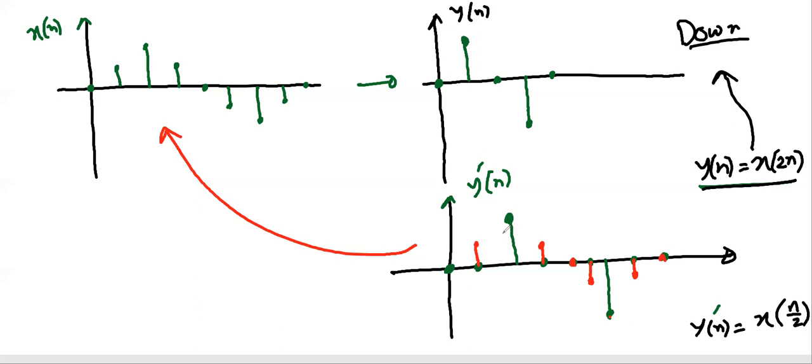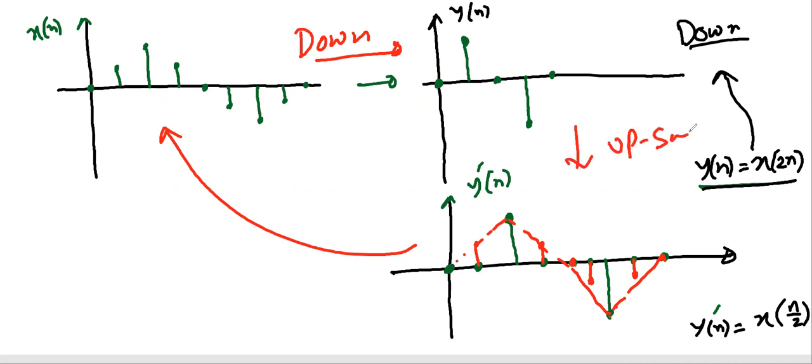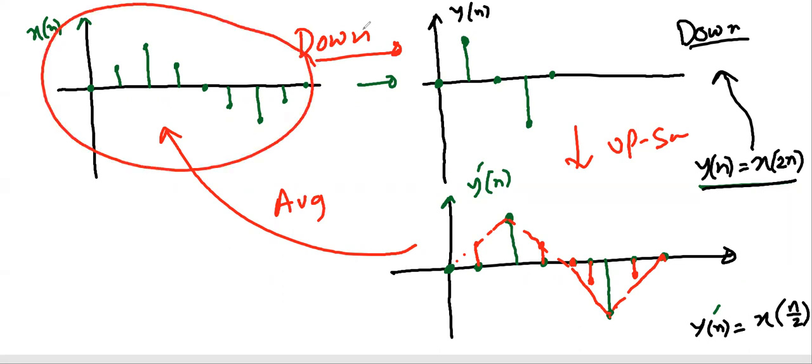There are some different algorithms, though. I'm just trying to make you understand the process in a simplified manner: you can retrieve your original signal back by upsampling. First of all, this is downsampling. Then you do upsampling, and after that you average, and then you can find your original signal back. That is what I mentioned already: you send your signal after downsampling, so you can save a lot of data